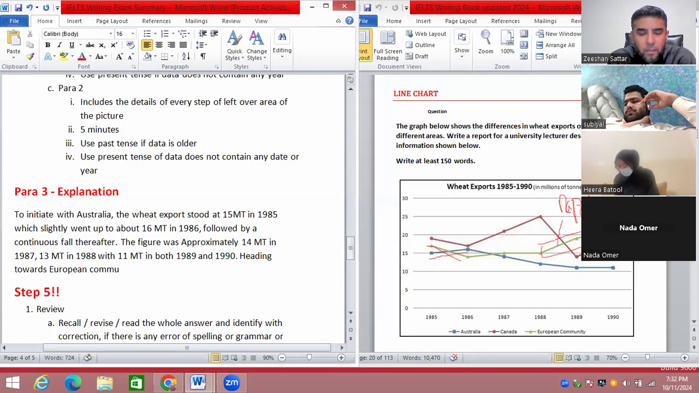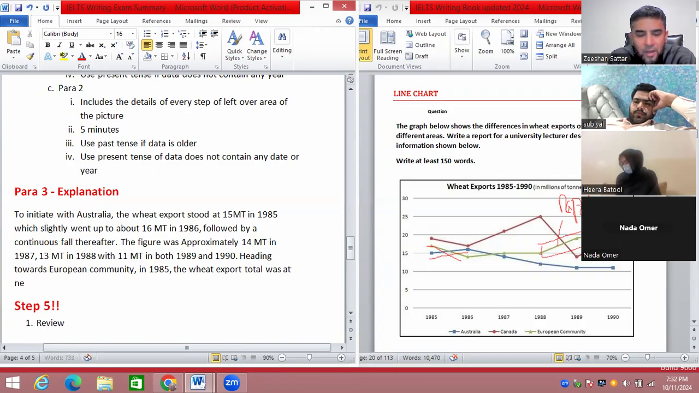Heading towards European community, comma, in 1985, comma, the wheat export total was at nearly, because it is an approximation, nearly 17 million tons, which dropped a little to 14 million tons in 1986, backed by,